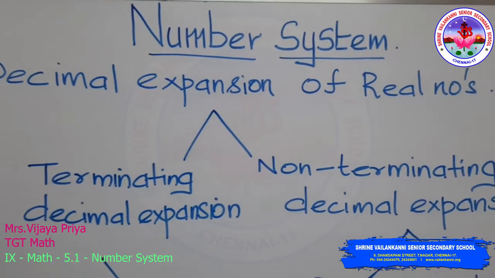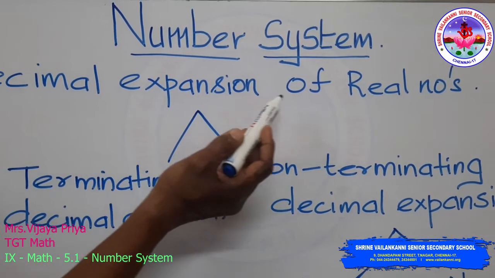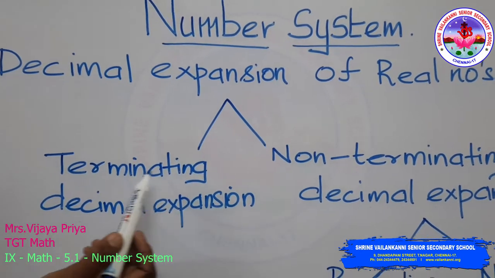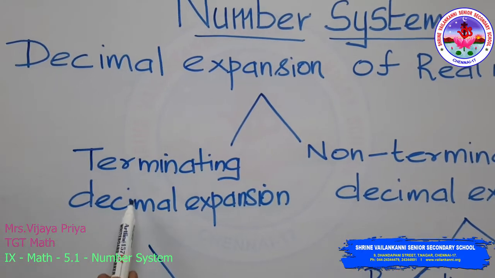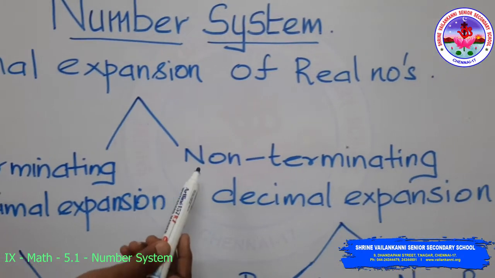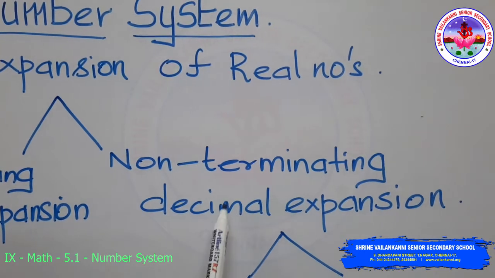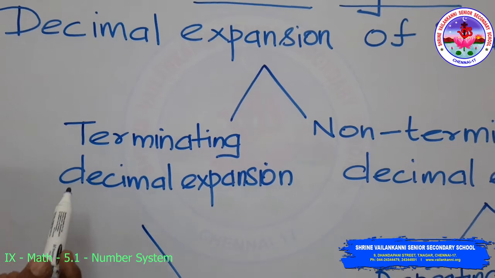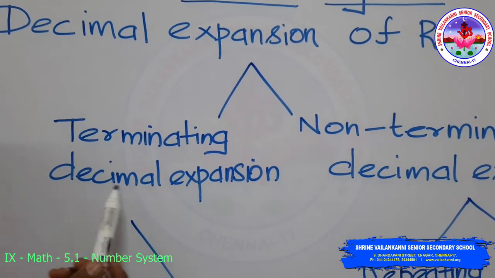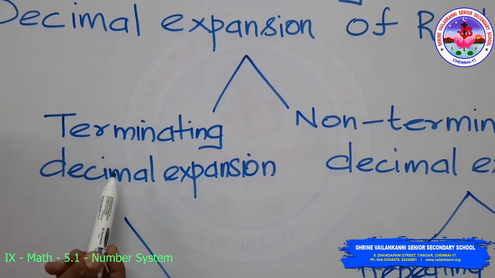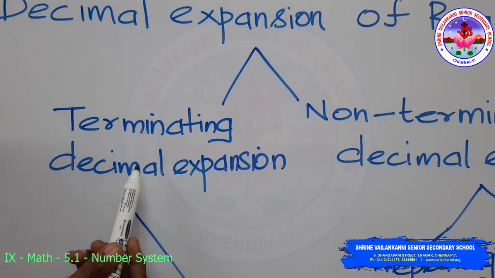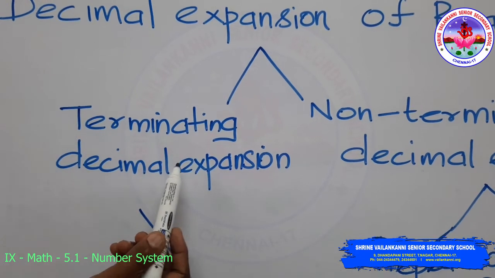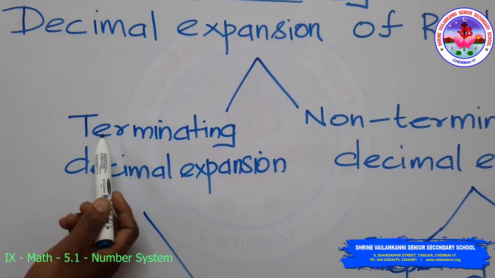Today we are going to see decimal expansion of real numbers. So it has two types. One is terminating decimal expansion. The other is non-terminating decimal expansion. For example, if you want to bring a fraction in terms of decimal expansion, and if the digits after the decimal point end where the remainder becomes 0, you will call that decimal expansion